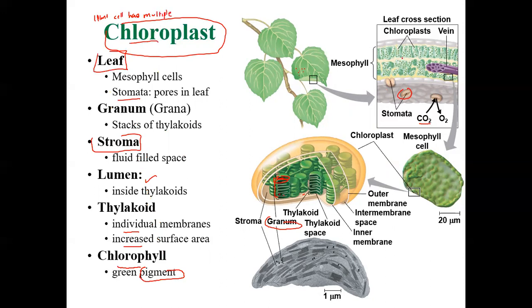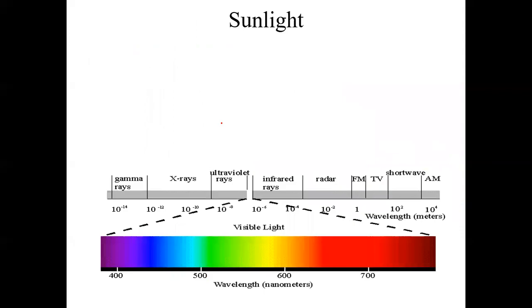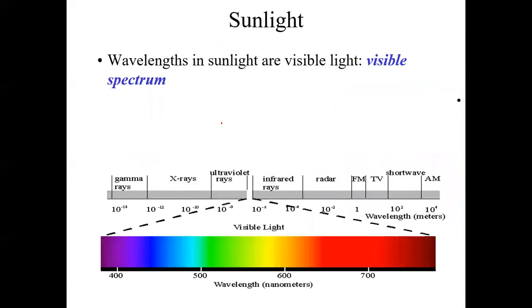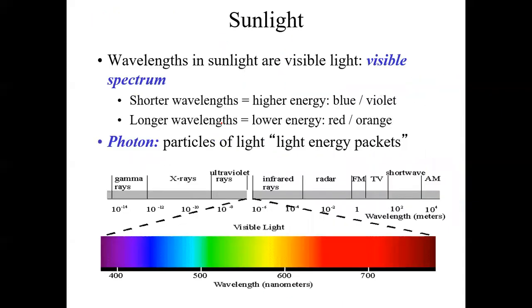So if you look right here, if one of these is a complete plant cell, each one of those really dark green specks is going to be referred to as a chloroplast. So when you look at plant cells, one plant cell can actually have multiple chloroplasts. So let's get into a little bit of what you should know in terms of light and the spectrum of